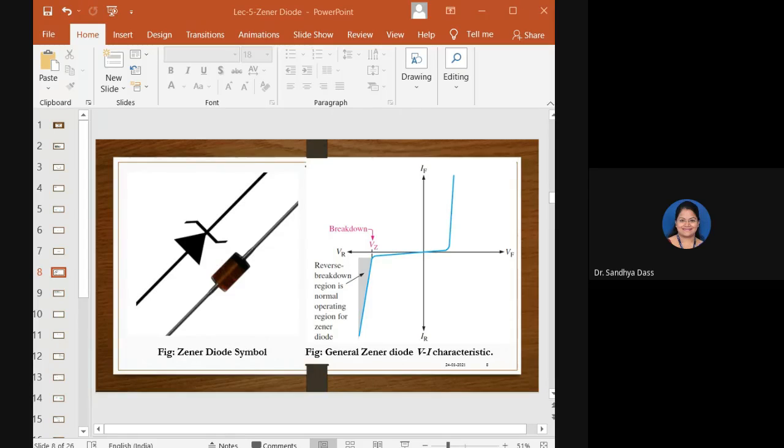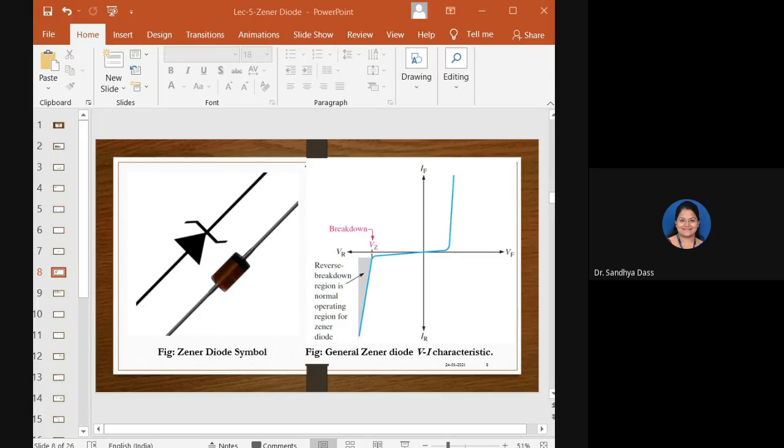In avalanche breakdown, as we discussed in the previous class, which occurs in the normal diode in the reverse bias condition, when a PN junction is reverse biased, the depletion layer becomes wider. If this reverse bias applied to the diode is increased continually, the depletion layer becomes wider and wider. At the same time, we understood that there will be some small amount of reverse saturation current due to